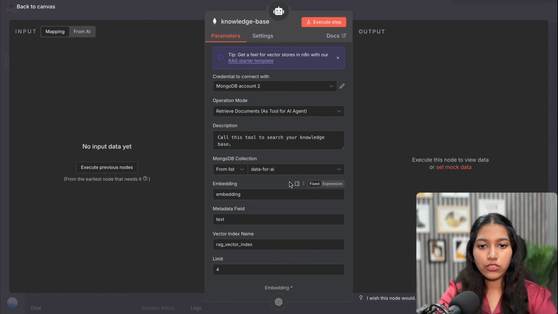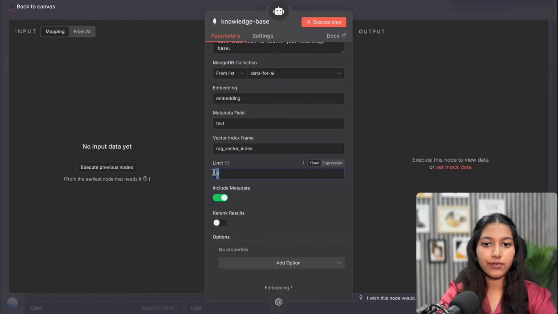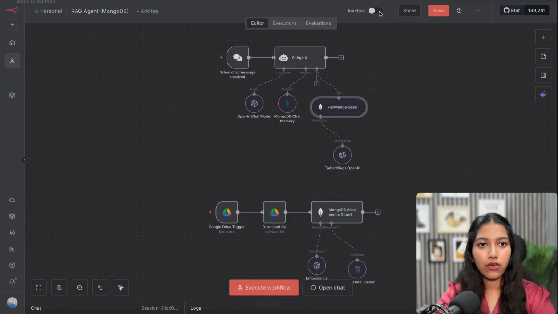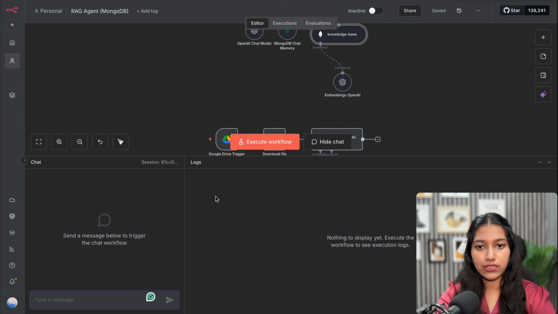And yes, if you want to search a lot of records together, I would highly recommend that you increase the limit, because right now it will only be able to get 4 of the rows. And if we need a lot, then obviously we need to increase the limit. So you can go with 10 or 15. I will just go with 10 for now, and let me save it. Okay, now let me ask it a question to see if it's working all fine.